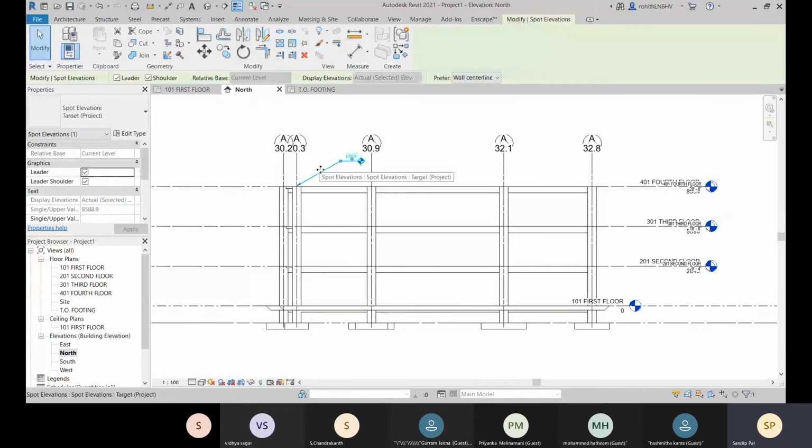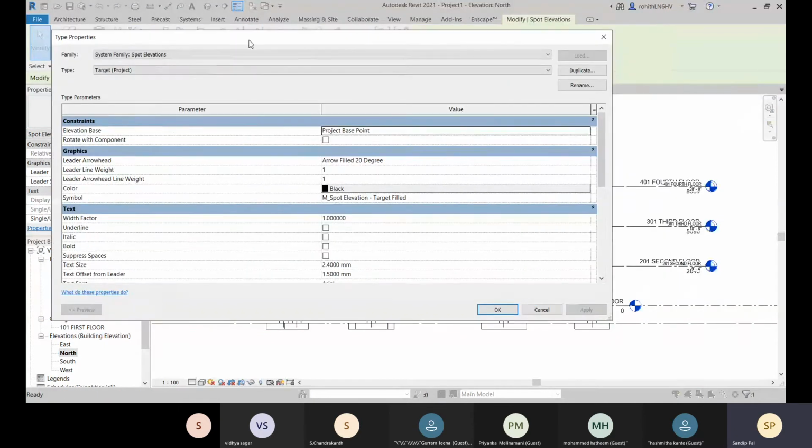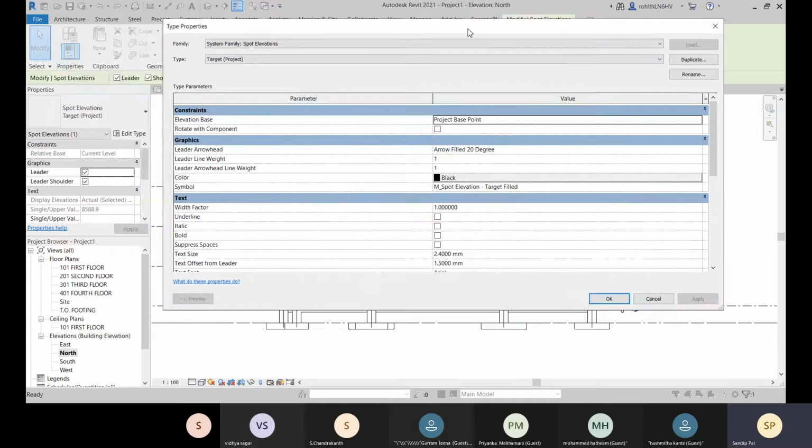Okay, so this one also has this type over there, and you can change this one. All right, so what is the elevation base? That is your project base point, rotate with component. So if you are moving your component, if you are changing your component position, it will also rotate with that. So you can check it.